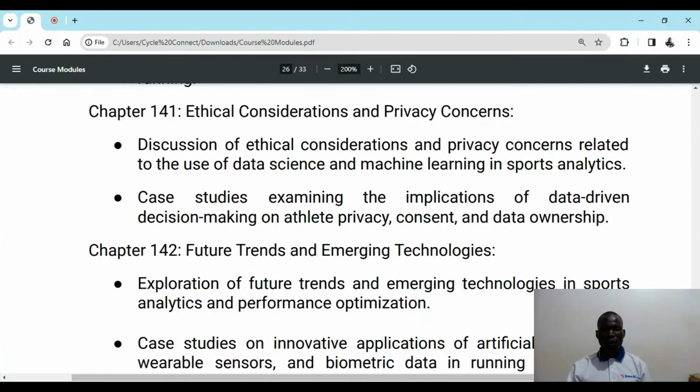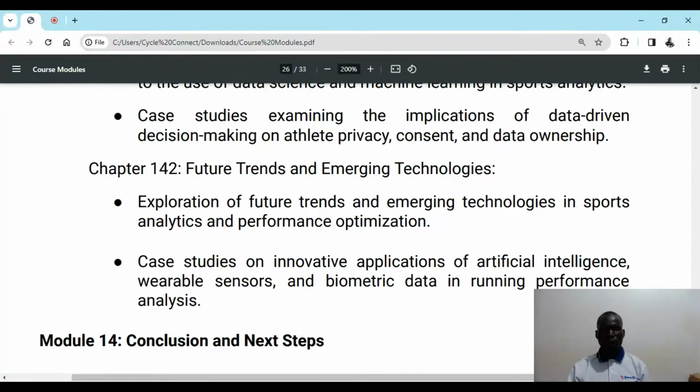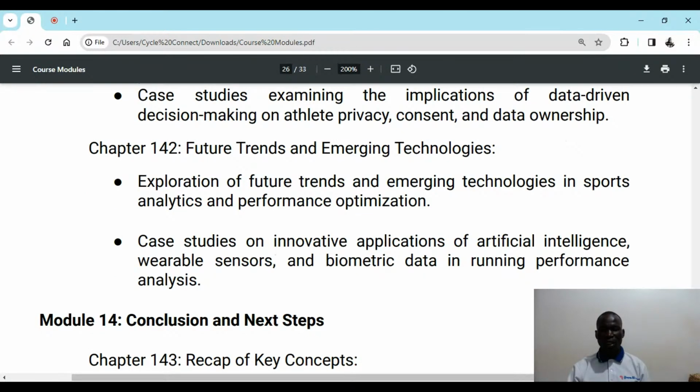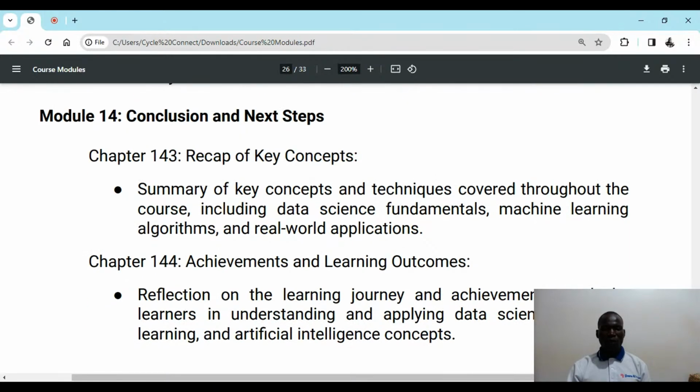In chapter 141, that will cover the ethical considerations and privacy concerns. And then 142 will cover future trends and emerging techniques. Then in module 14,